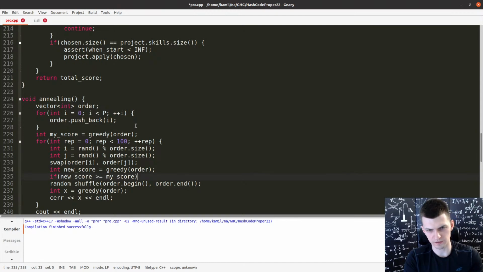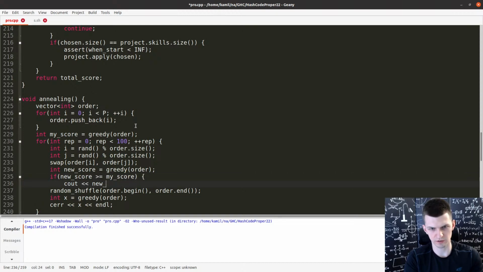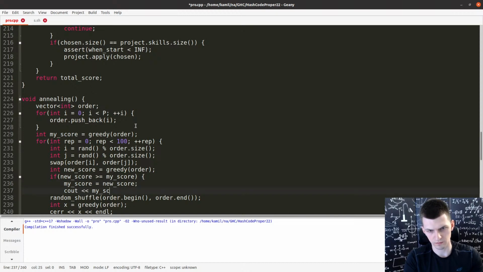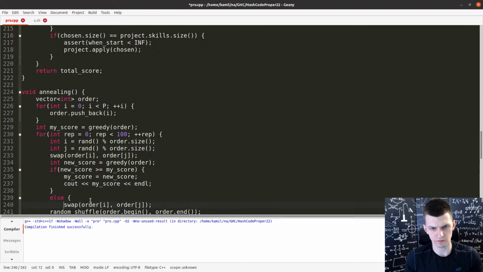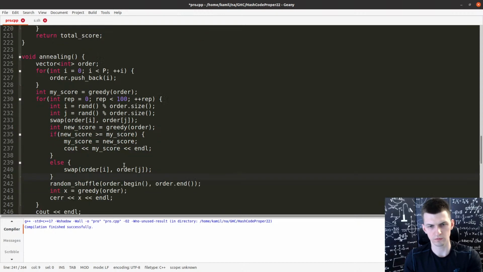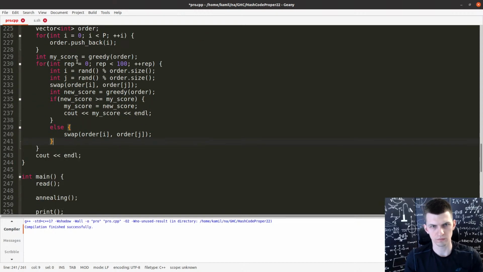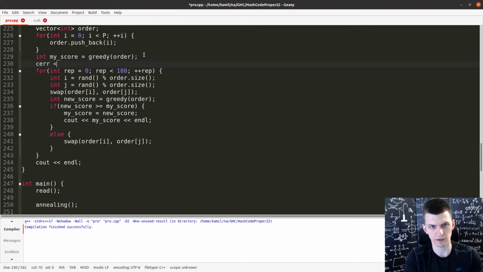I think then this stays. And in this case, let's print news, or let's overwrite as well. Else reverse back the change. Again with CRR.